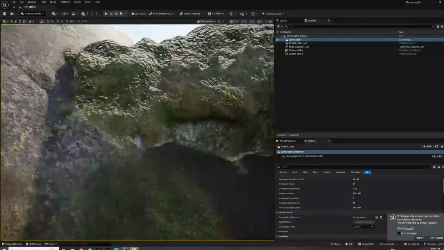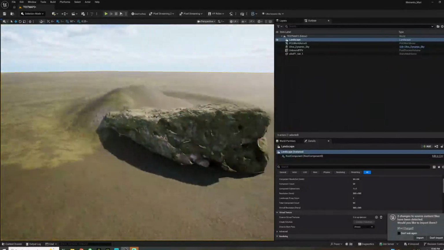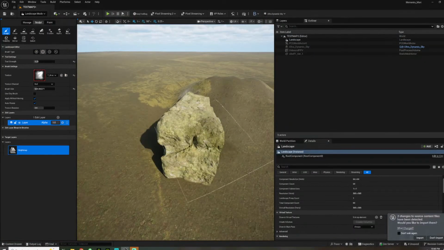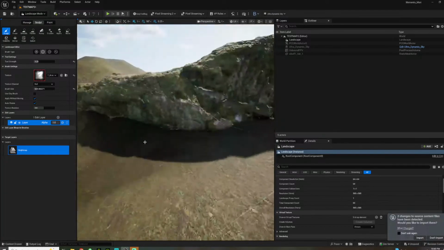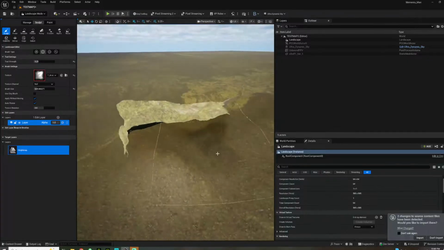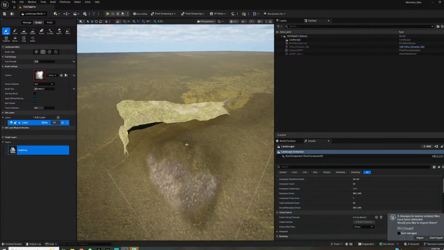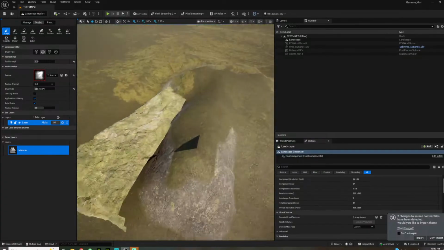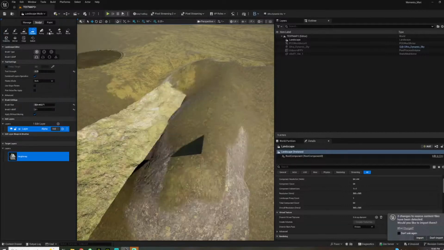If I want to, I can have it kind of sharply blend. So leave the landscape here if I need to. If I want to paint, I probably can have like a rocky thing up here. So if I want to flatten it,